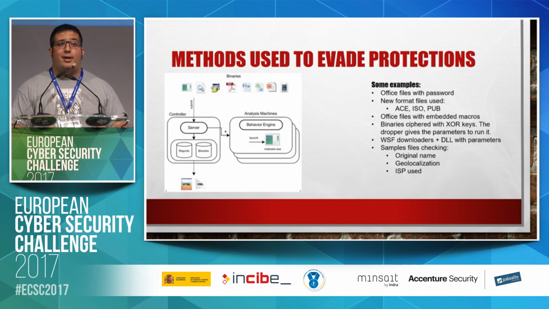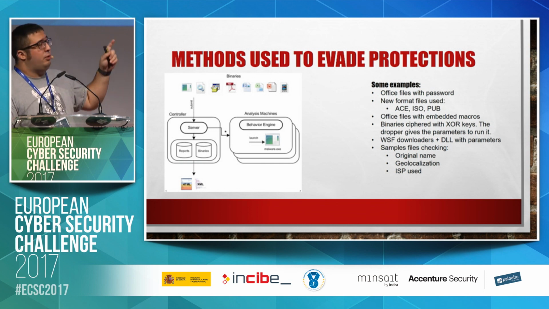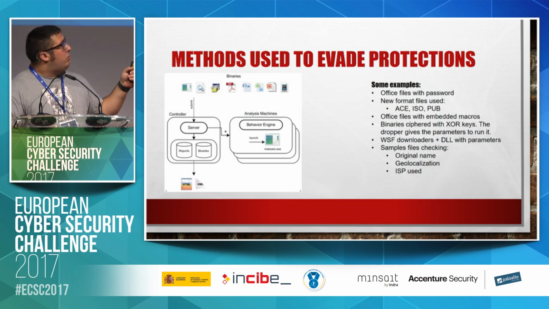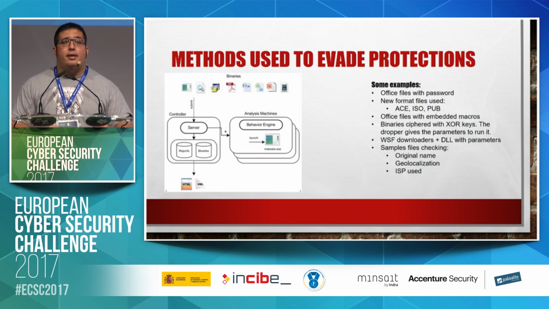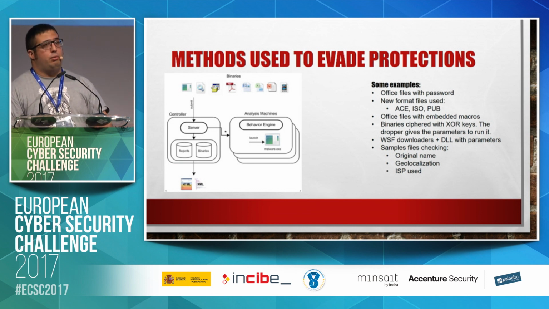And the document contains a macro that starts a second stage payload inside the machine. So at the end, we have the same, but with a previous step. We have the password protection to evade automatic analysis. And also, the bad guys started to use uncommon files, for example, .iso files, Microsoft Publisher, and also .ace, and also WinRAR. The idea is to use uncommon file types to try to evade automatic analysis systems like MTA or other sandboxes